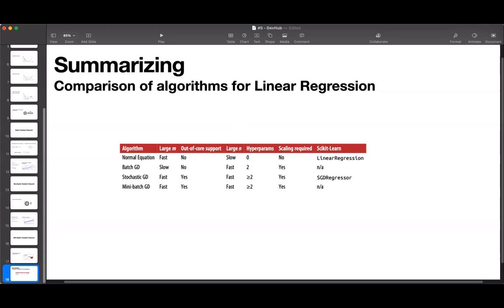So there is almost no difference after training. This is what all happens during the training. All these algorithms end up with very similar models and make predictions in exactly the same way. This is the after training scenario which I'm saying. So these were the things applying which we can build a good model. We can find out what parameters the model should have for it to make good predictions.